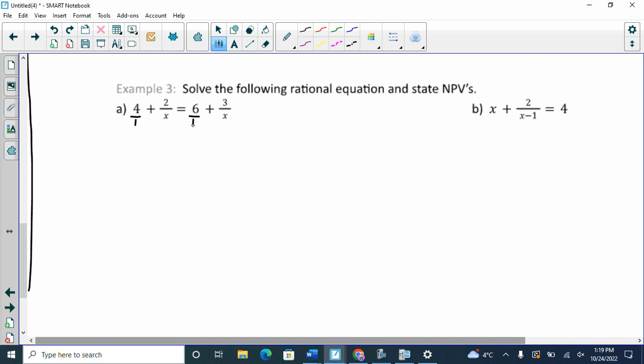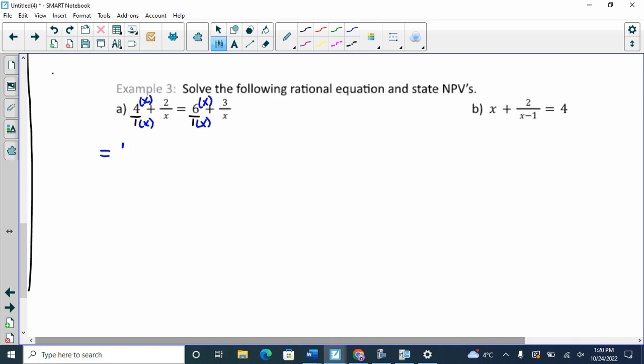Same as adding and subtracting. What's my very first step? Common denominator. So what's common to 1, x, 1, and x? Just 1 and x. Do I need to put a 1 though? Does the 1 matter? No. So I'm going to need to get them to all have a base of x. So I'm going to multiply this by x. That already has a base of x. Multiply this one by x. That one already has a base of x. So I'm going to get